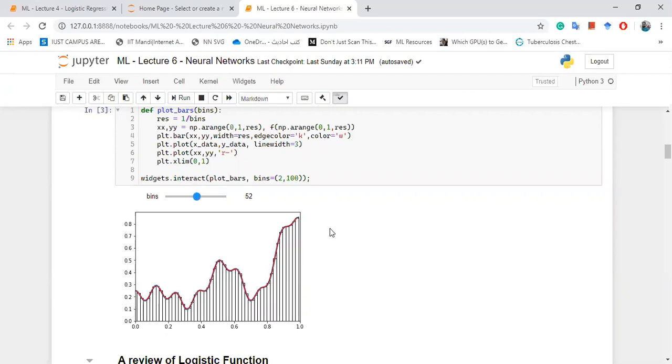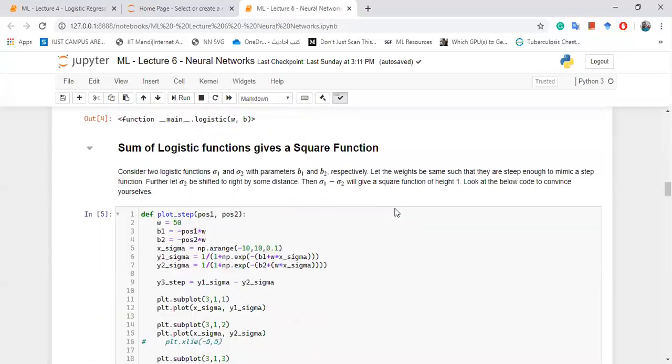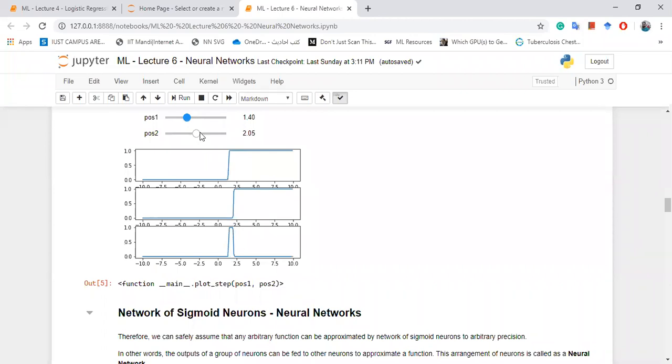So why we wanted to know this was, the motivation was that we have studied the logistic function, and the logistic function is a close approximation of a step function, and then if we join two step functions, we can always create a square function. So here I have shown you one more example. Here we had two square functions generated by the logistic function, to be precise. This logistic function is here, another one is here. Now if I change the position of the logistic function, you can say I shifted this top logistic function towards the left by a small amount.